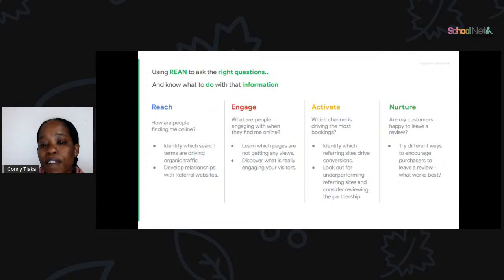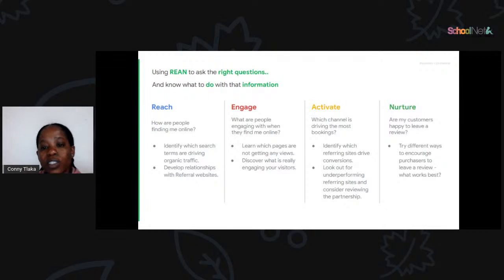You need to identify which search terms are driving organic traffic to your site, and also look to improve links from your social media platforms and develop relationships with referral websites. When coming to engage, you need to know what people are engaging with when they find me online. So you need to learn which pages are not getting any viewers.